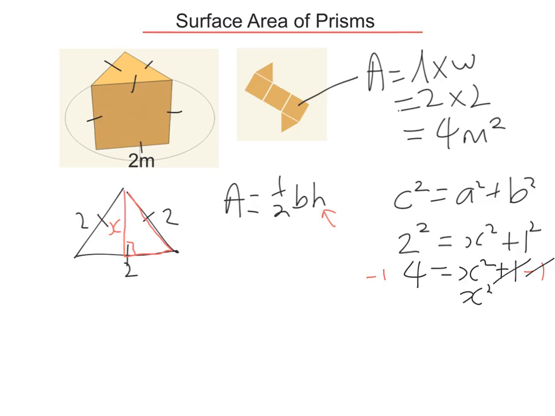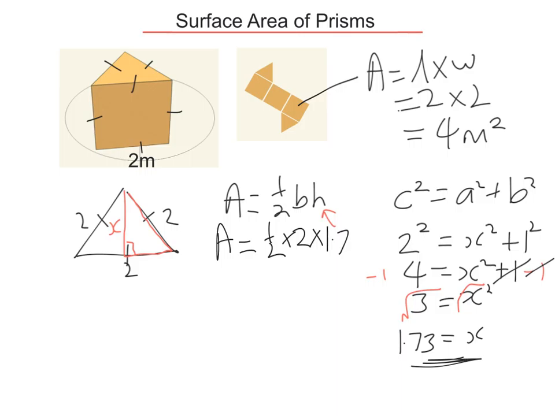x squared equals 3. Square root both sides because I'm trying to get x by itself. And x will be equal to the square root of 3, which is 1.73. So now I can substitute back into the area formula the value of the height being 1.73. Area equals half base, the base is 2, and the height is 1.73, and that equals